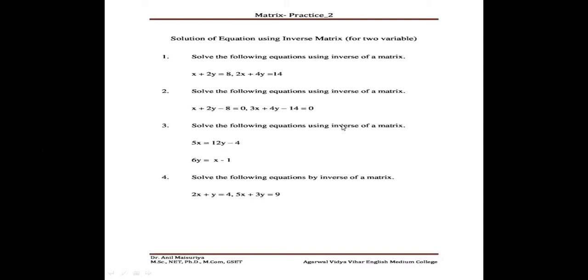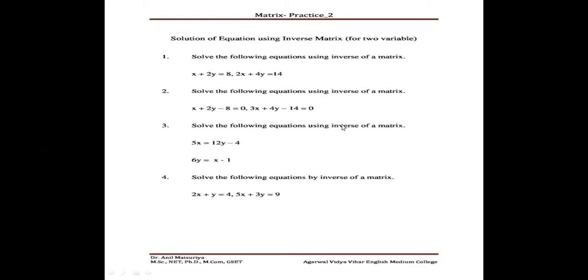So mind well, this is another condition. An inverse matrix can be obtained when a given matrix is a square matrix, that is 2 by 2, 3 by 3, 4 by 4, 5 by 5, etc. There are 2 rows 2 columns, 3 rows 3 columns, 4 rows 4 columns. In our syllabus, there is only the 2 by 2 and 3 by 3 matrix method. So we will not discuss 4 by 4 or higher order.